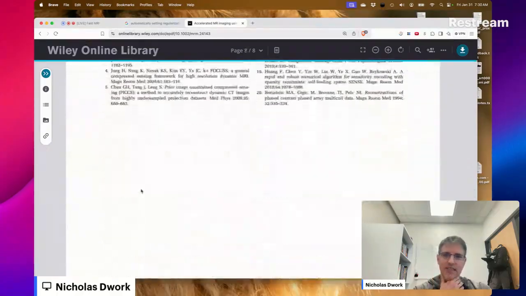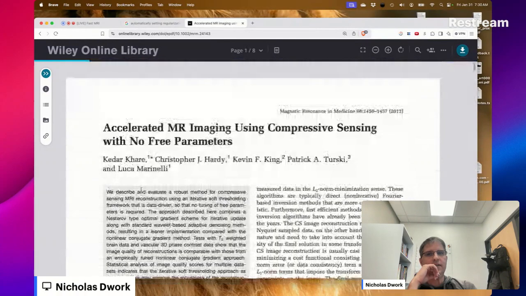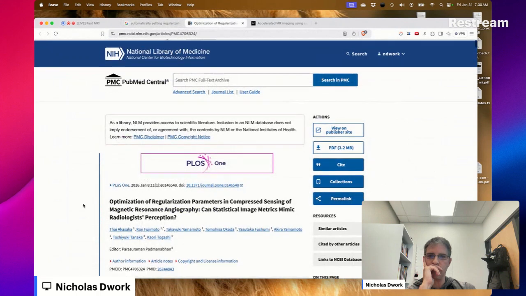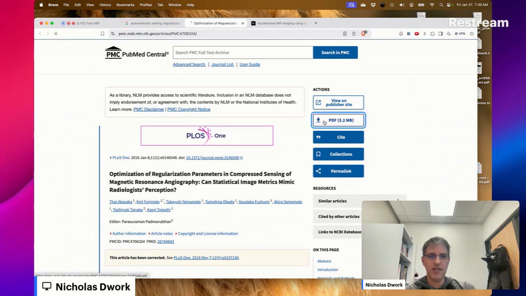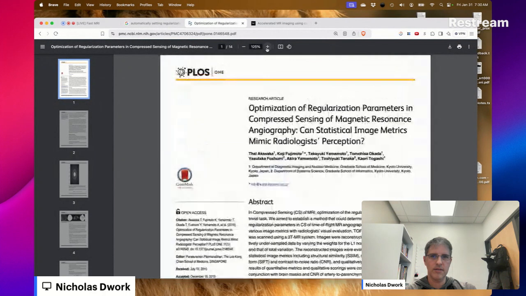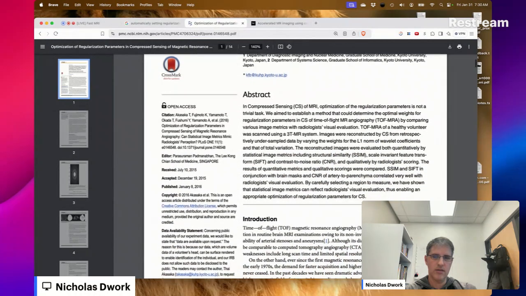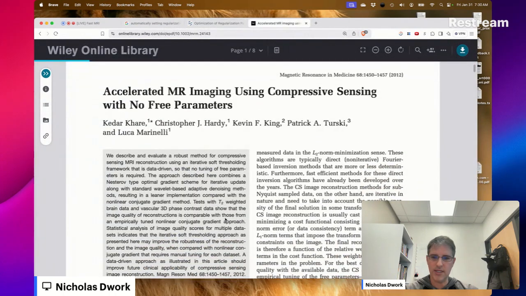We have 3 data sets. Optimization of regularization parameters. Of the wavelet coefficients of what?